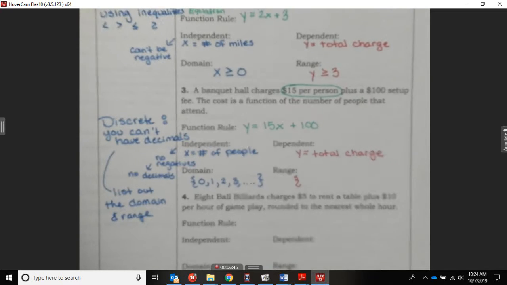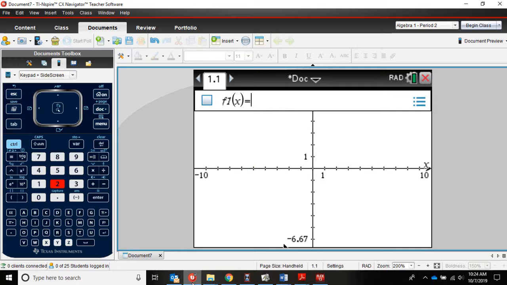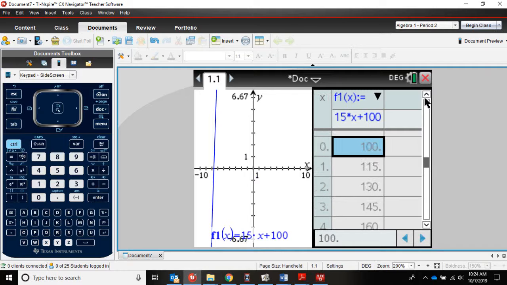And I'm going to show you how to use your calculator to get this answer. So on the calculator, if you go to a graph page and you type in 15x plus 100, you can see your graph. But remember, if you press Control T, it goes to your table. So how much is 0 people? 0 people is $100 for the banquet hall. And then 1 person would be $115 because it's $15 per person. And 2 is $130. And 3 is $145. And so on. And we don't know how many people are going to come, so we're just going to put